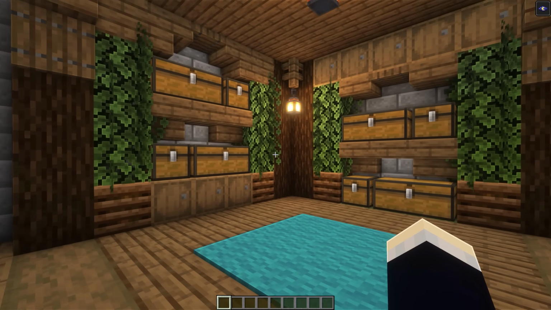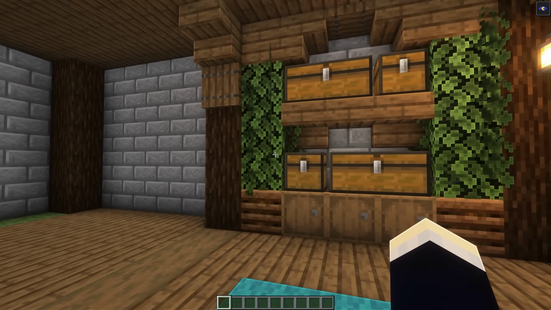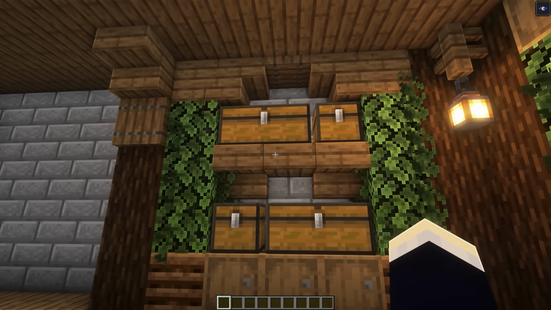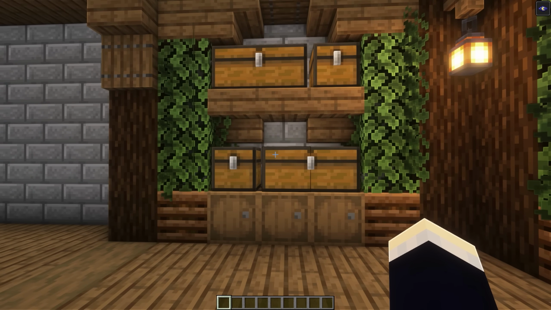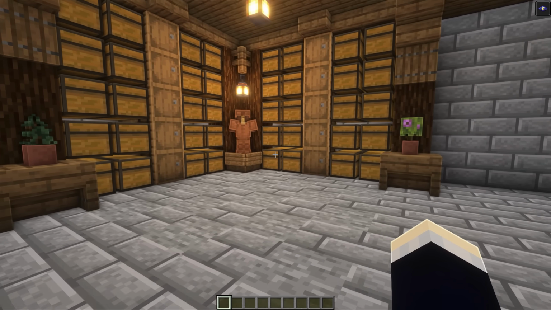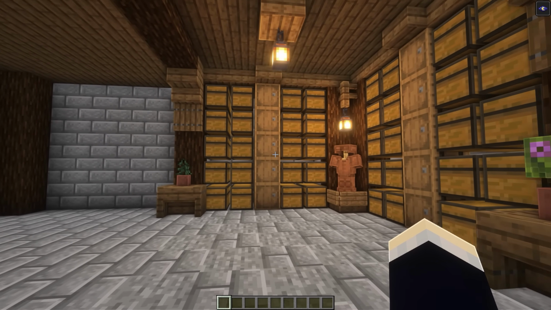For the next one, we have a bit more of an aesthetic design. So as you can see, we have these nice houseplant designs on the left and right sides. Then we once again have another shelf here that's supporting our chests with some more chests down below and some barrels below those. And then for the final build here, we have one that's similar to the first one, except